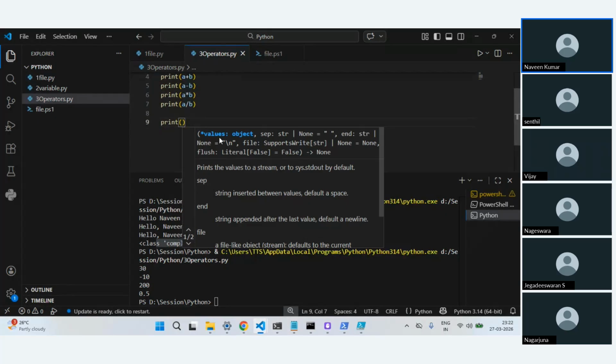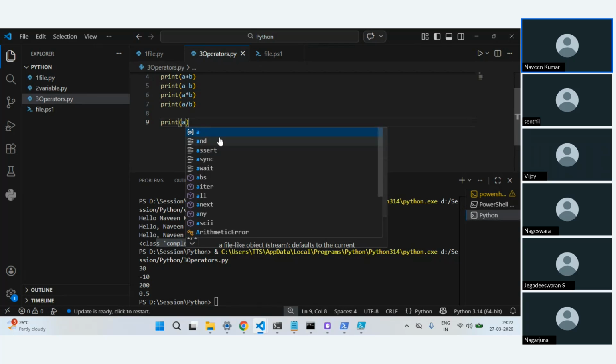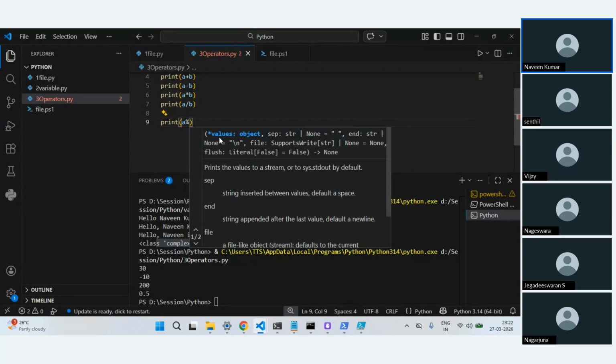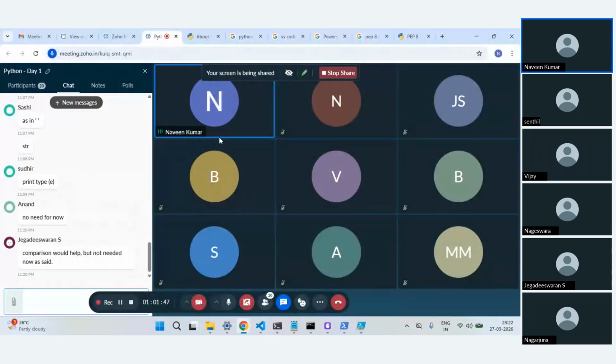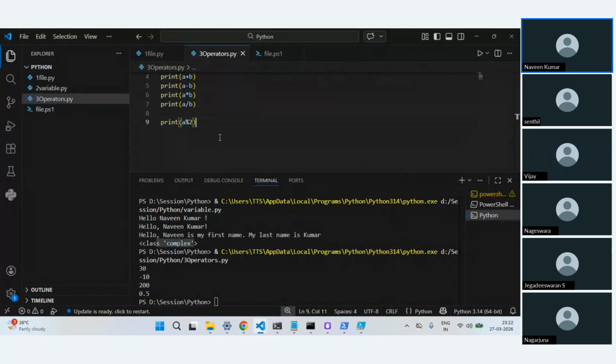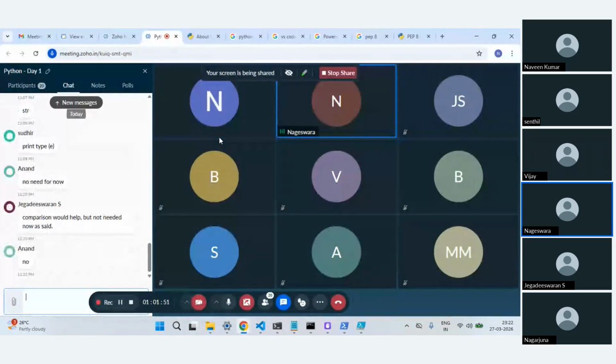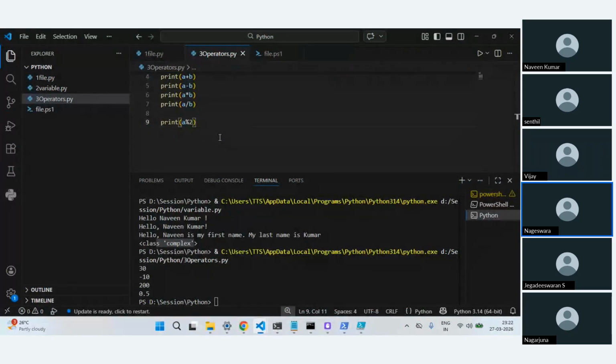I can do something like modulo. Okay, if I want to say modulo, does anyone know what is modulo? If I do something like this, modulo, have you heard about it? Yeah, it gives you even number, lowest even number. It will not give any points. Yeah, numericals, it will give numerical.